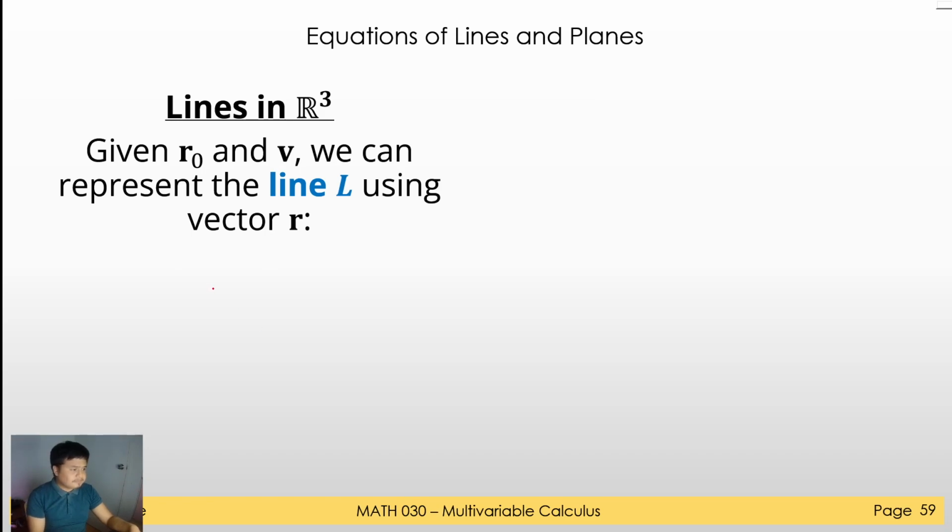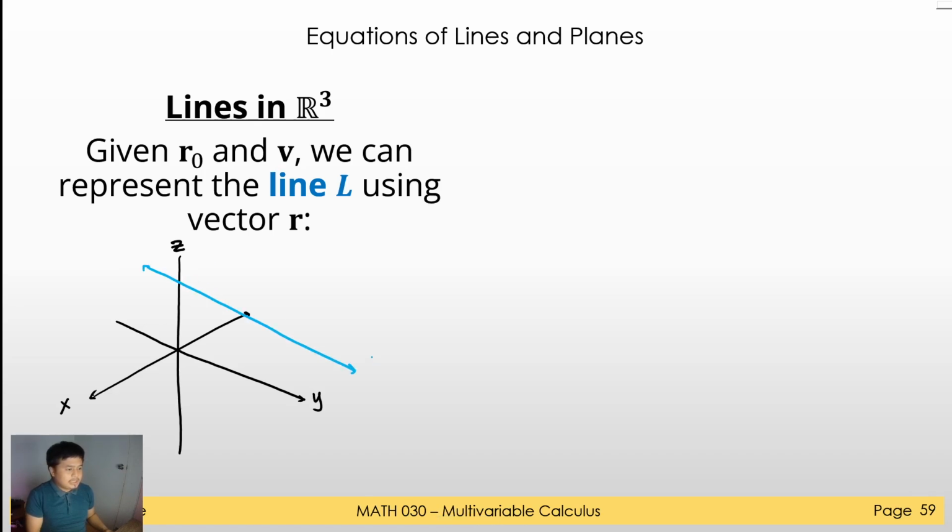If we could imagine, let's say we have 3D space. So this is your x axis, this is your y axis, this is your z axis, and let's say you want to represent this line L. So how do you represent this line L? We can pick any arbitrary point here that we can call, let's say, P,